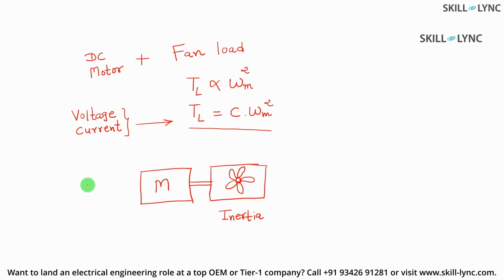So here let's say this is a DC motor and we require a DC supply which is going to power up the motor. So the motor is driven by this supply,